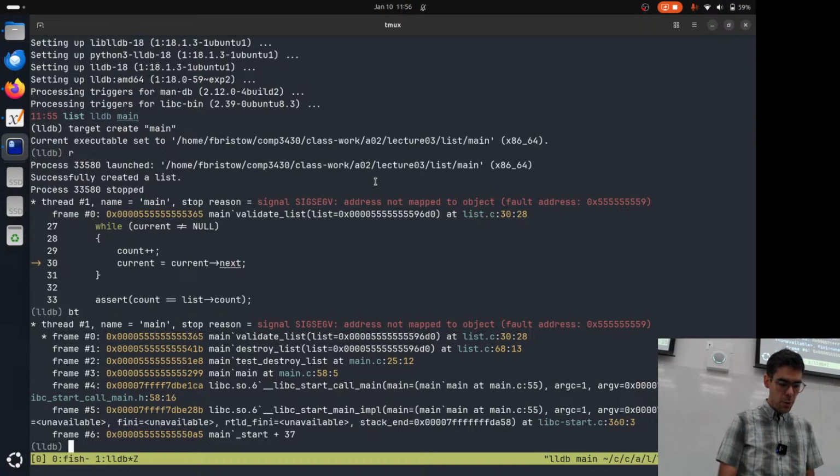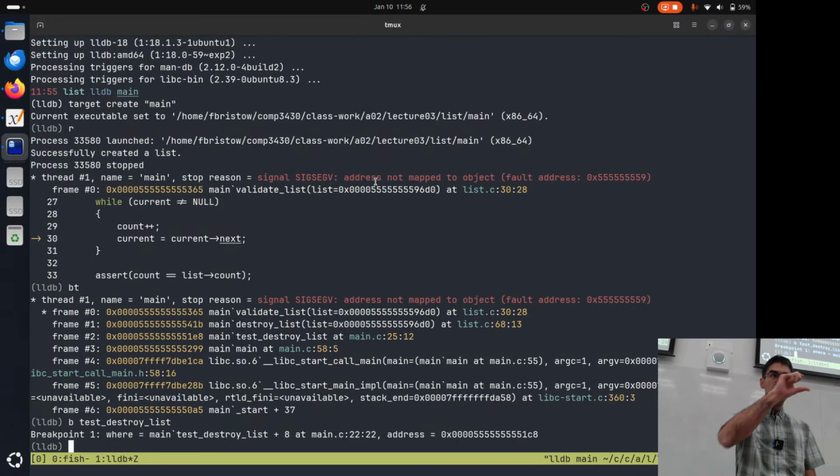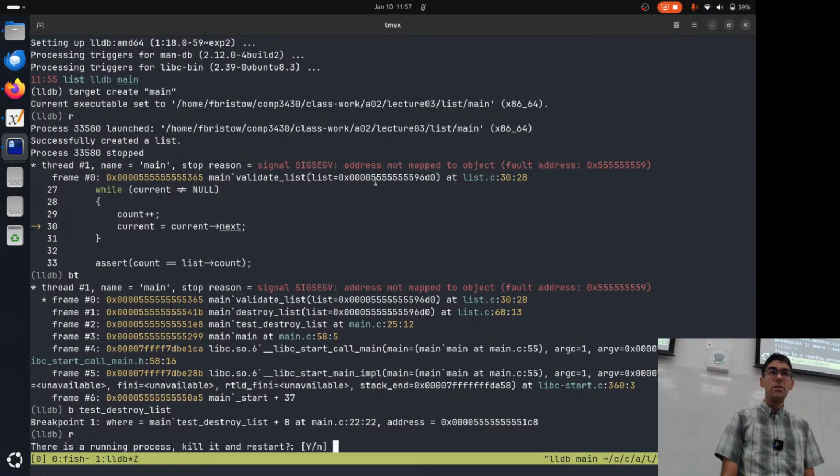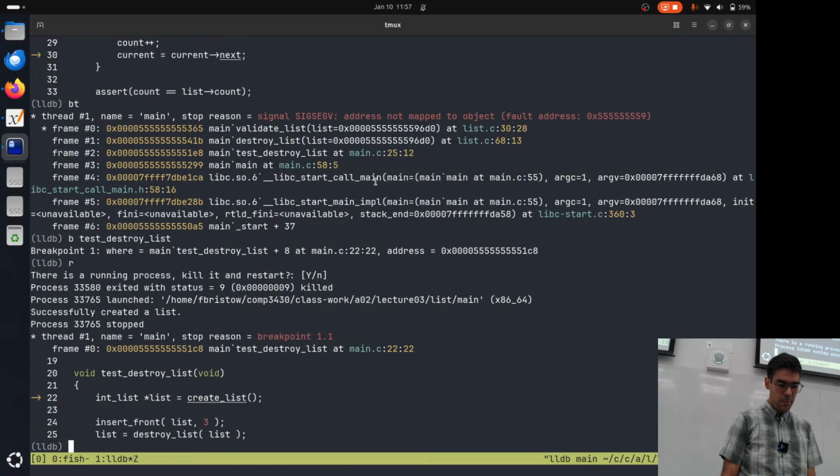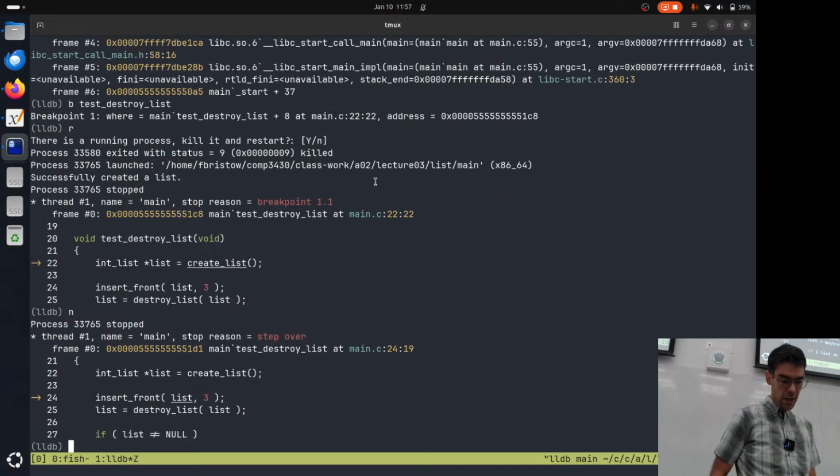So what I'm going to do is set a breakpoint at test destroy list. So that's B, and then test destroy list is the name of the function, and I'm going to hit R. I want to rerun this process. Running will kill it and restart. Yes, please. So now I'm starting here at the test destroy list function. I don't think the problem is in my create list, so I'm going to hit N here,